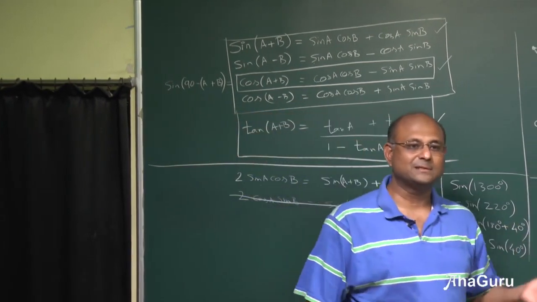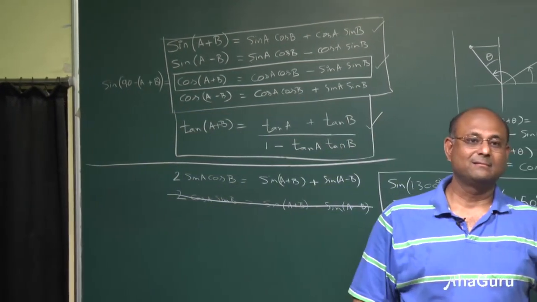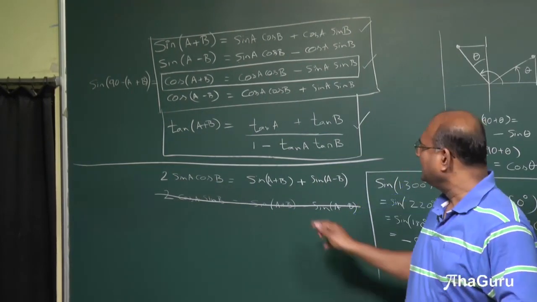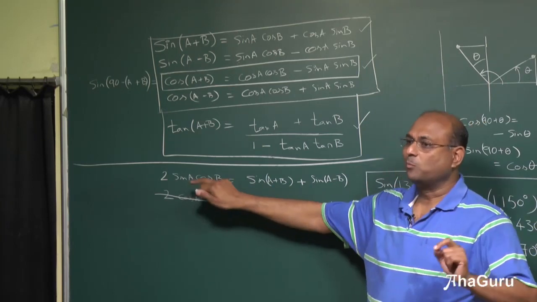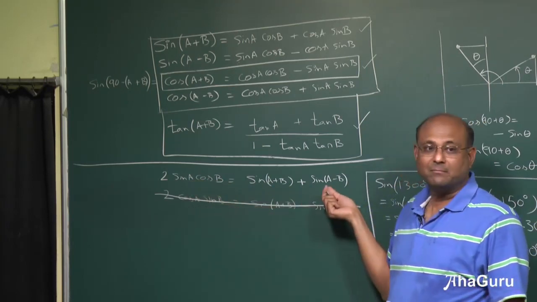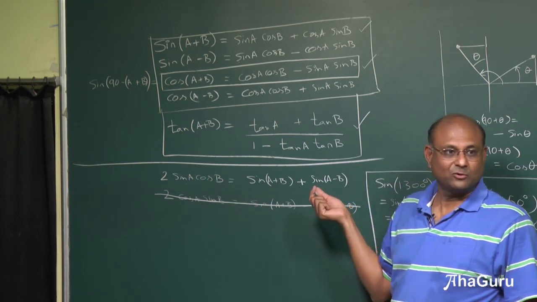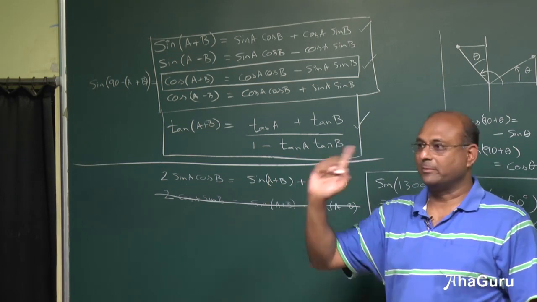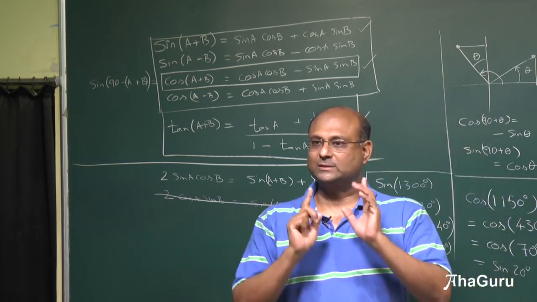Always put the sine first. What if the sine was second? Just take it and put it first. What will happen? Maybe this angle A was smaller than the angle B. You will get sine of a negative number. But don't you know what to do with sine of negative theta? Just take it out, finished. So just remember sine cos, 2 sine cos.